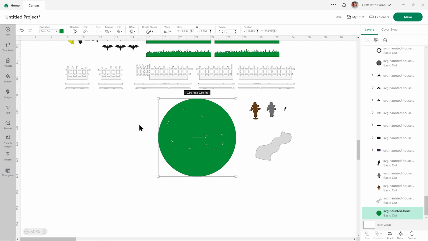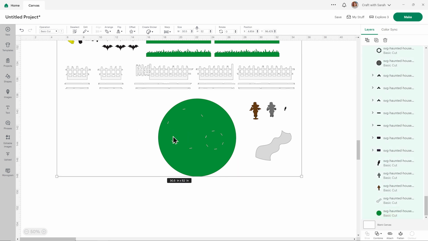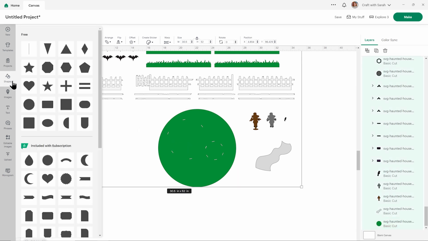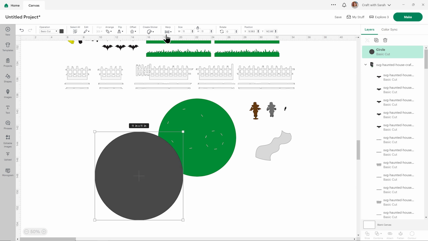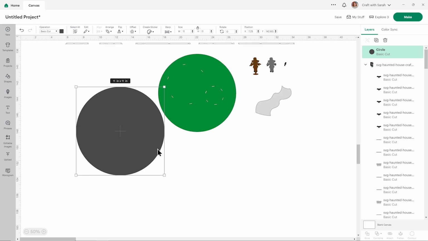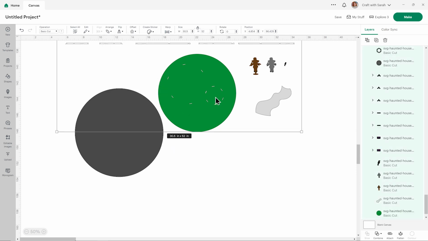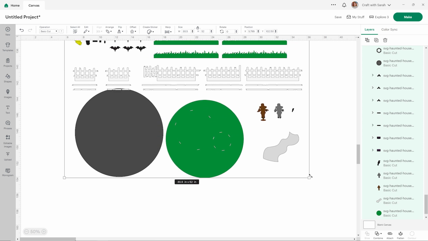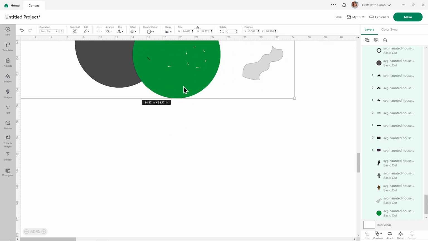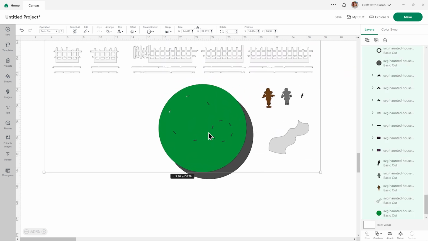I'm not quite sure. Okay, so I'm going to do a really obvious resize first, just to make it easier to see what I'm doing. So I'll go into shapes and choose a circle. Let's say that my board was, let's go 11 inches. I would make my circle that size and then click Arrange, Center Back. Then click the Haunted House design. Make sure that the padlock icon is closed and that all your layers are grouped together. And then you can drag them, and I probably need to move that out the way a little bit.